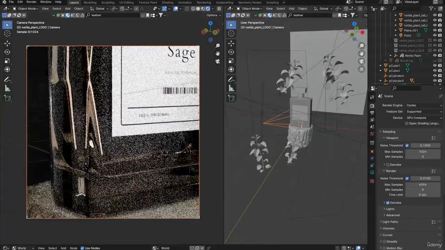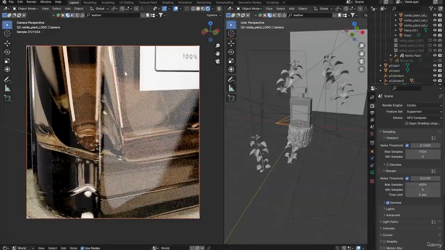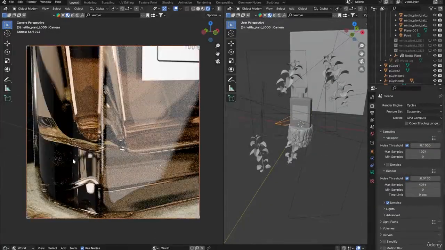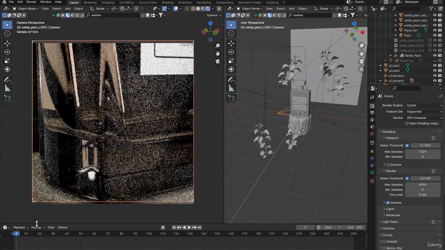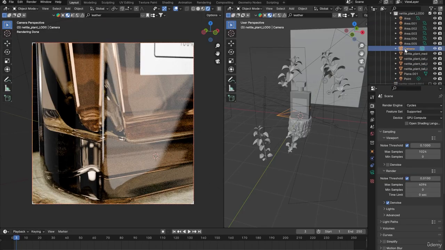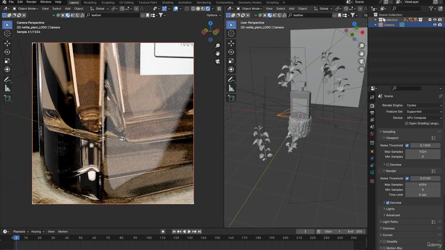Honestly, this can be the first shot, something like this, just panning up. Yeah, because this looks pretty good. Let me start from here. So just go to your first starting position, open up the timeline, and just press I. Make sure your camera is selected, by the way. Camera is selected, and let me just get it out of all the folders. Let me bring it back to the scene collection, so that we can just look at the camera